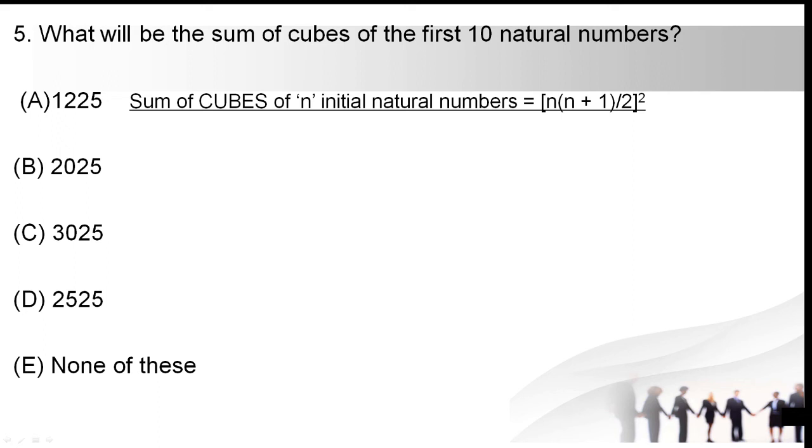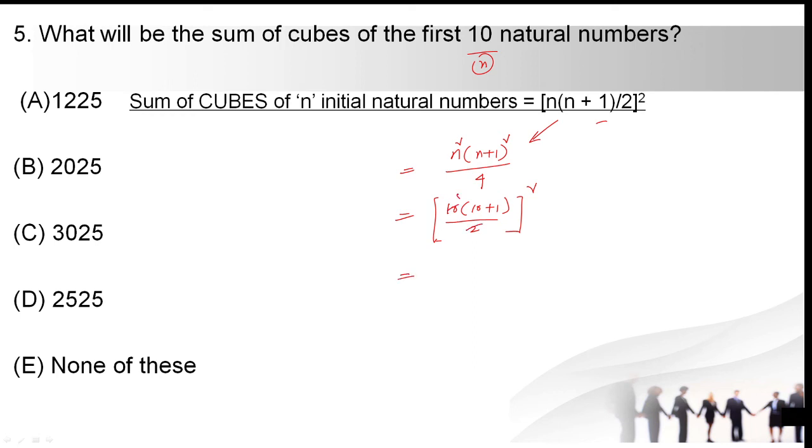Yes, this is the sum of the cubes of the first n natural numbers. For n natural numbers we have a formula, that is n square into n plus 1 square by 4. By expanding this you will get the same, right? In the place of n we need to substitute 10. So that is 10 into 10 plus 1 by 2 whole square. I'm using two formulas, two expressions.